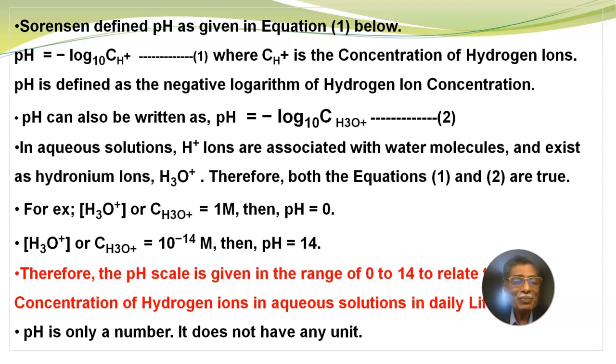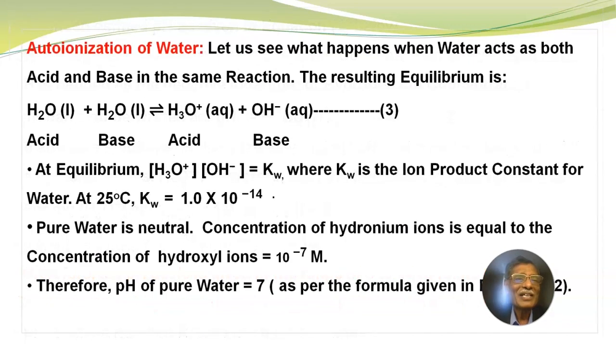Please remember, pH is only a number. It does not have any unit. Let us see what happens when water acts as both acid and base in the same reaction. The resulting equilibrium is H2O (acid) plus H2O (base), giving rise to H3O+ ions (acid) plus OH- ions